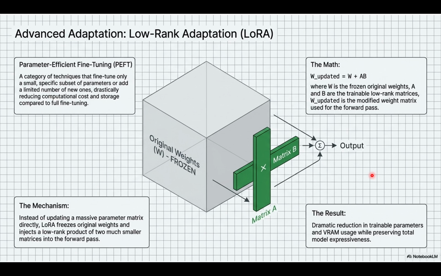It freezes the entire 50-volume encyclopedia. None of the original pages change. So what does it do? Instead, it creates a tiny 5-page glossary at the back of the book. Oh, wow. Mathematically, it creates 2 tiny sidecar matrices. By multiplying these 2 tiny matrices together, it approximates the massive update you would have normally done. So by just reading the encyclopedia through the lens of that small glossary, the AI adapts perfectly to your medical